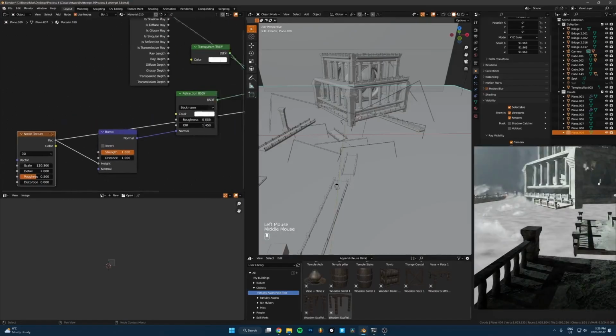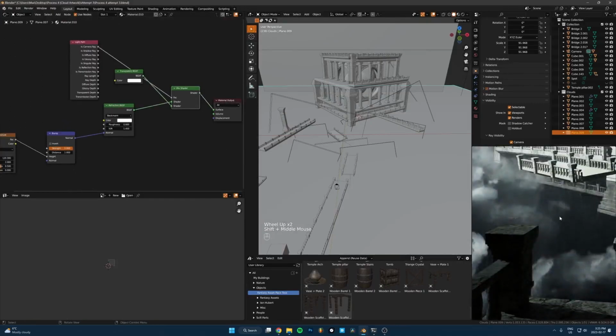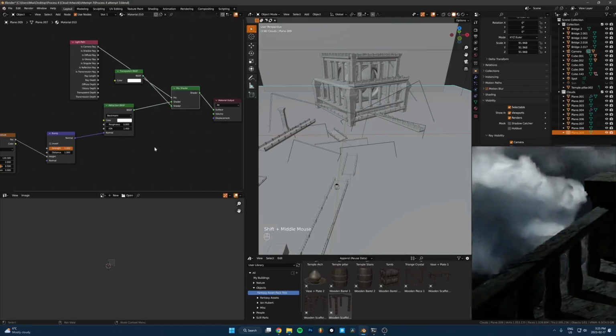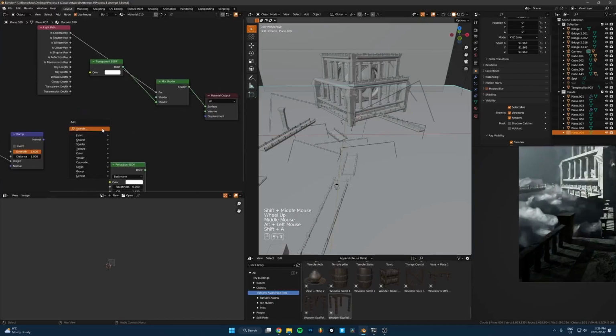Okay, bring that up, and then let's just see what this looks like. So it's kind of working. I might actually want a glass here instead of just a refraction. Let's try that and just see what it looks like. So normal in here, this in here,